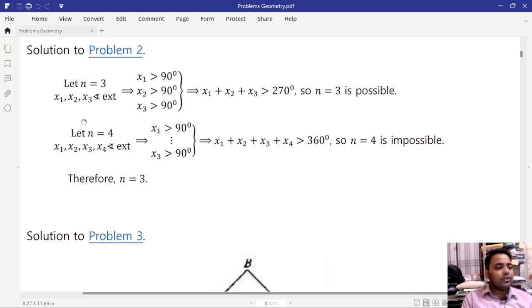So here you can see, suppose if n is equal to 3, then the three angles x1 is greater than 90 degree, x2 is greater than 90 degree, and x3 is greater than 90 degree, and the sum of these three angles x1 plus x2 plus x3 is greater than 270 degree. So n is equal to 3. This is possible. But if we assume that n is equal to 4, then x1, x2, x3, x4 are the 4 angles, and if x1 is greater than 90 degree, x2 is greater than 90 degree, x3 is greater than 90 degree, and x4 is greater than 90 degree,